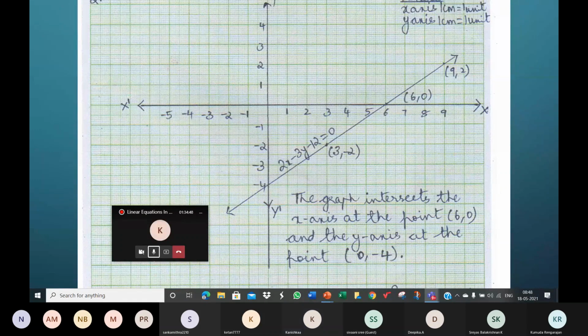Six, ma'am. X is 6. So now you have the address of 2 points with you. You have 0, -4, because when x is 0, y is -4. So 0, -4 is 1 point you have. And then when y is 0, x is 6. That is 6, 0. You have 6, 0.